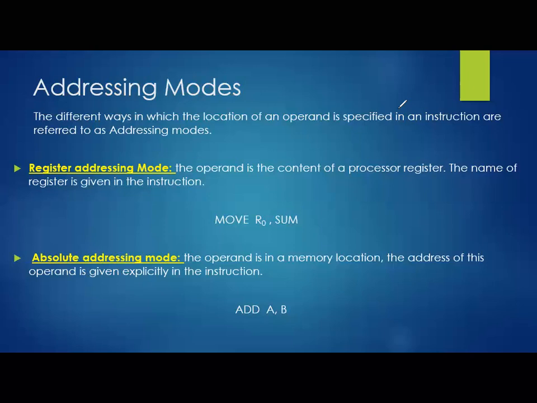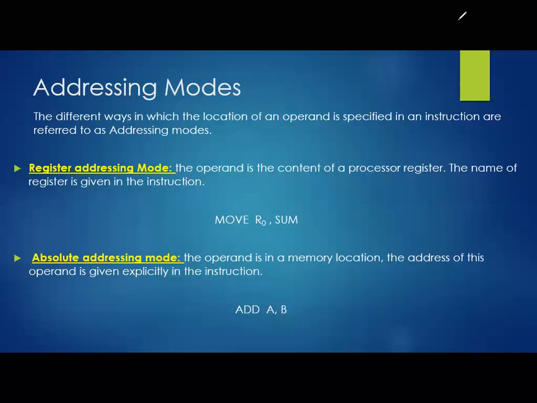Clear? Example: I have a value 4 stored in a location called 100. Now that address 100 should be mentioned in my instruction. What are the possible ways? What are the different syntaxes we can use to represent that address 100 in my instruction? That is the explanation regarding addressing modes. Clear? I hope you don't have doubt about the meaning of addressing mode.